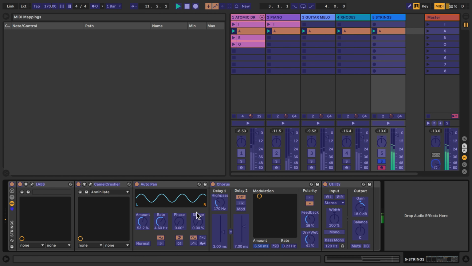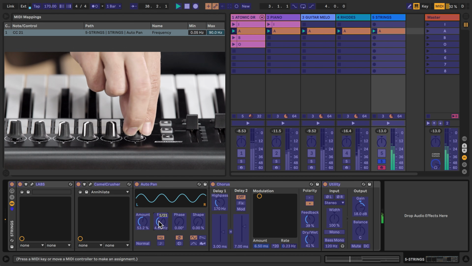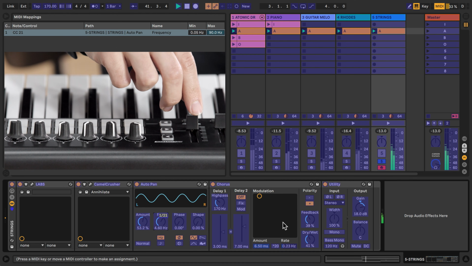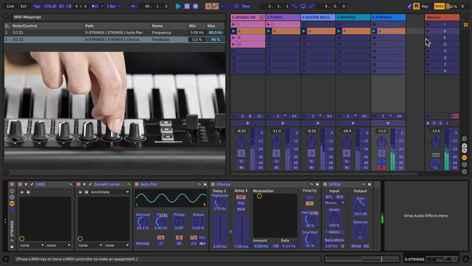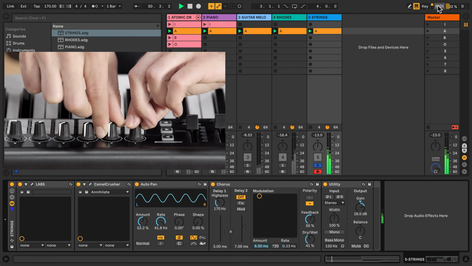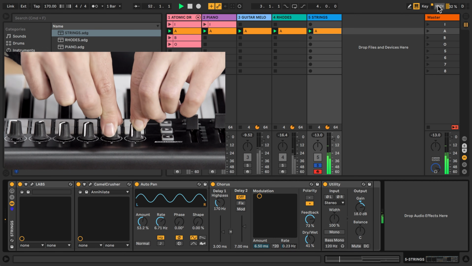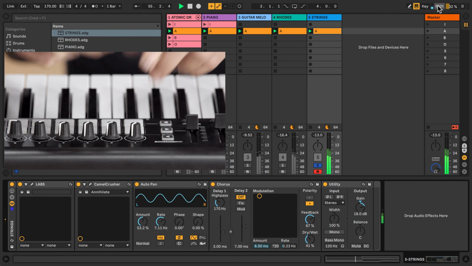You'll see every parameter that can be mapped is turned blue, and I'm going to go ahead and select the rate parameter on the auto pan and just twist the knob that I want to map it to on my controller. As you can see, the mapping is automatically applied, and then I'm going to do the exact same thing for the feedback knob on my chorus. I'm just going to use the second knob on my controller here, and if I go out and exit the MIDI mapping mode just by hitting that MIDI button again, wowzers, you'll see both of these knobs in Live are now responding to my movements on the controller, and now we're ready to